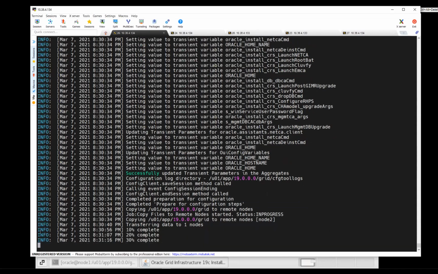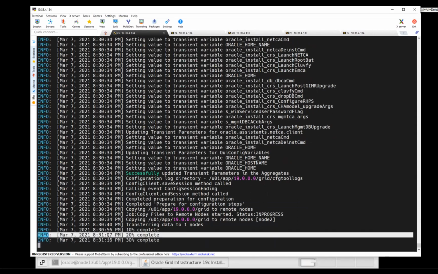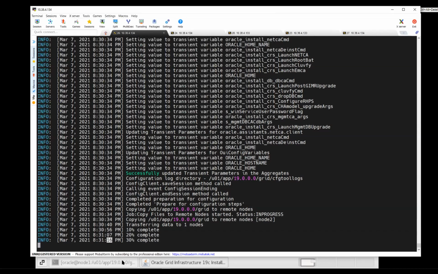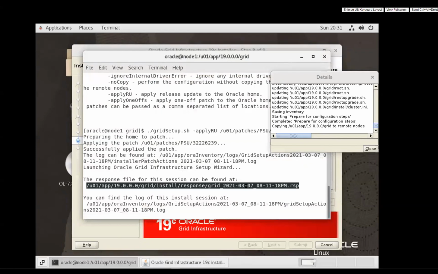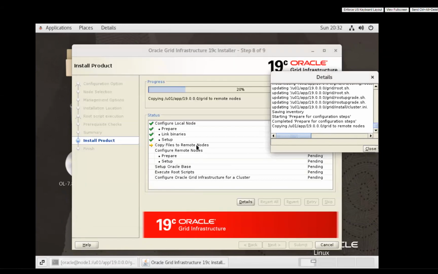Once you do these kinds of activities, you will get to know. As I said, I'll show you that response file again. I told you this is a response file. It got created here. In case you lose this GUI screen, you can connect back to the node and run gridSetup.sh, passing this response file, and it will start from the point where it failed. I'm talking about after the rootupgrade.sh. If it fails now, you have to do the cleanup and redo all the tasks from scratch.